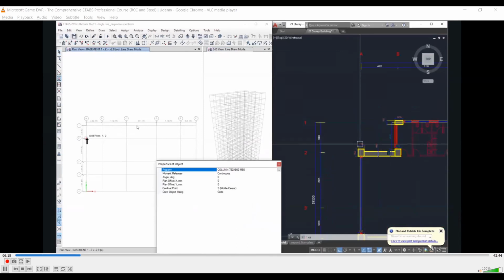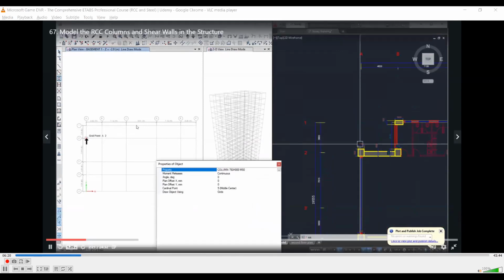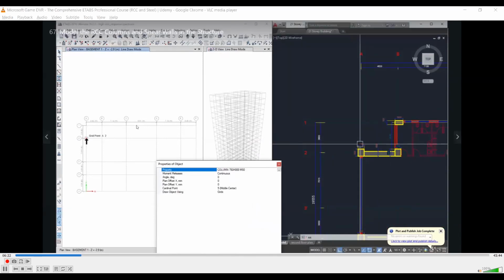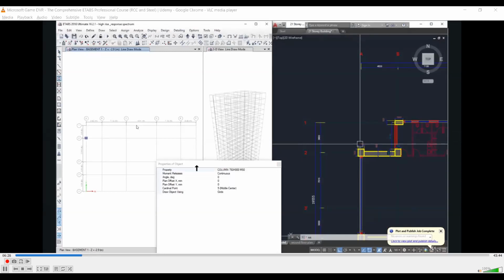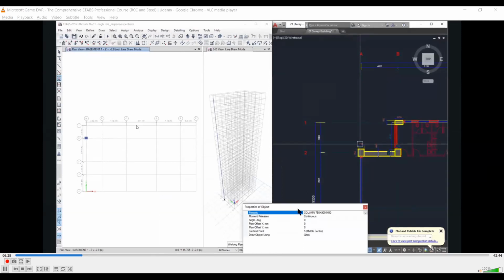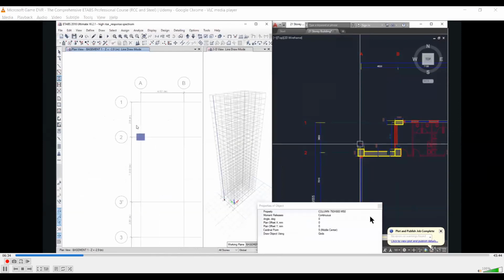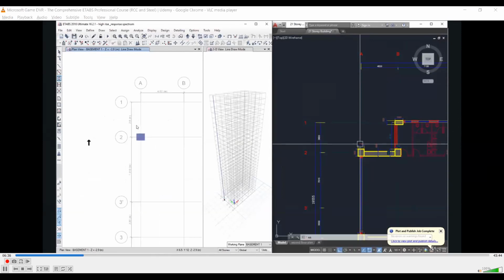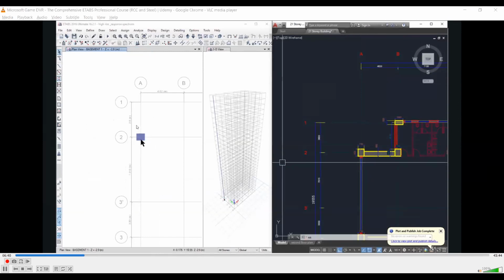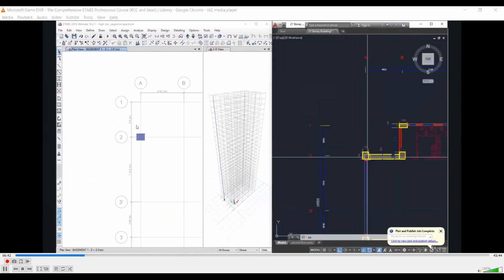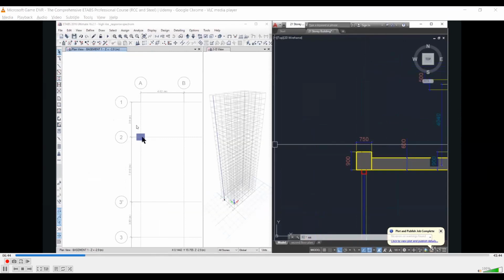So we left click on this grid point A2. Notice that grid point A2 is being shown by ETABS. So it means that whatever you are snapping, it is correct. Then left click here. So you will notice that this column is now drawn from this point to this point. One thing that I want you to understand is that please close this window and then again left click on select object. You will notice that the orientation is different in this view and this view. So we need to make the change in the properties only.